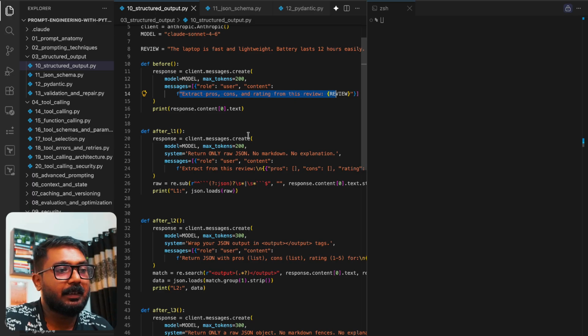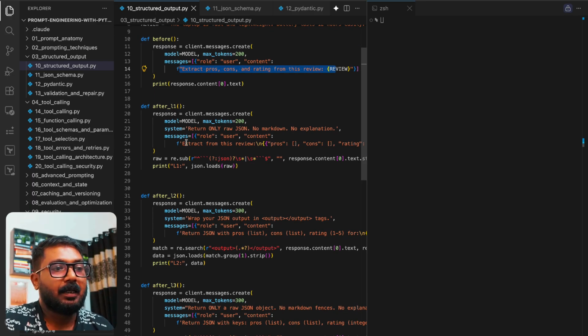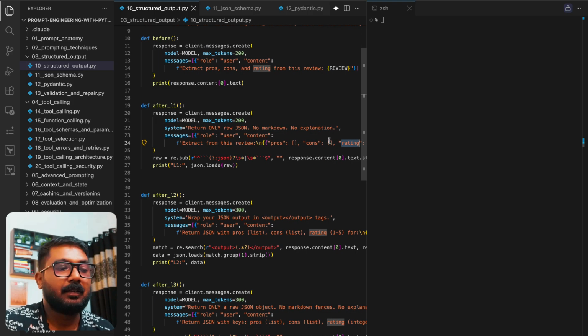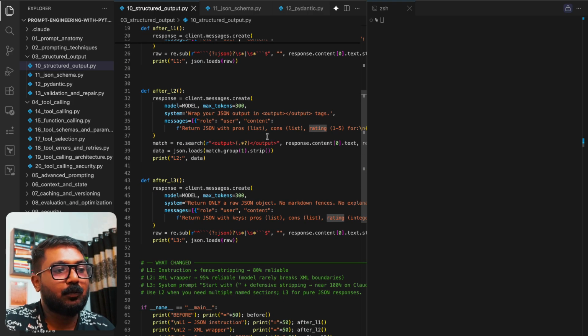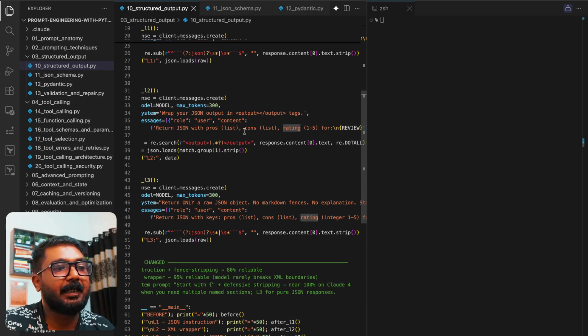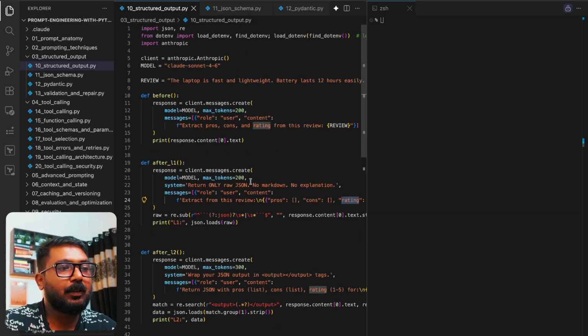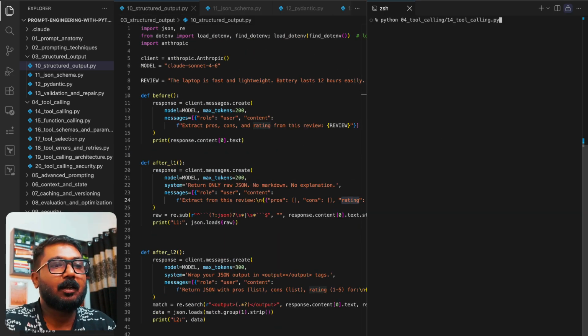In another one, level one, I'm telling it to please create an answer on the basis of these particular keys and values, pros and cons and rating 1 to 5, correct? In level 2, I'm making it better in terms of JSON, and in a similar way in level 3. So the structured output helps you to be better in terms of